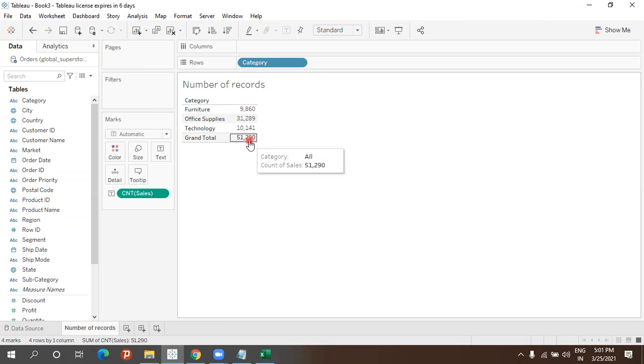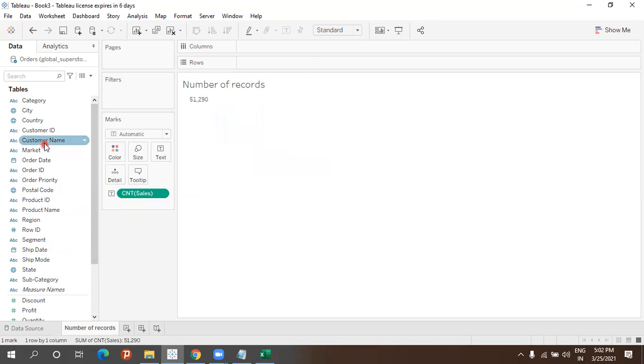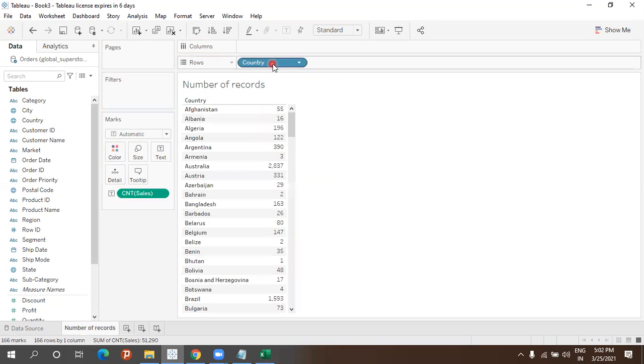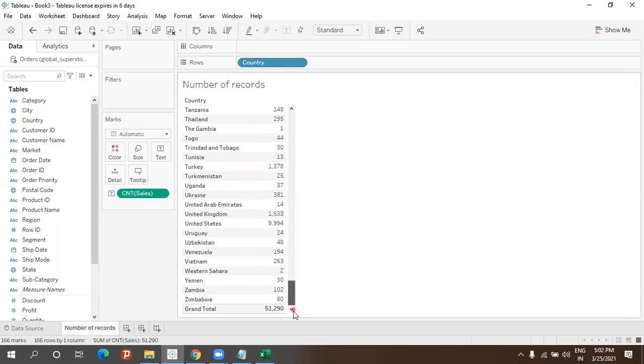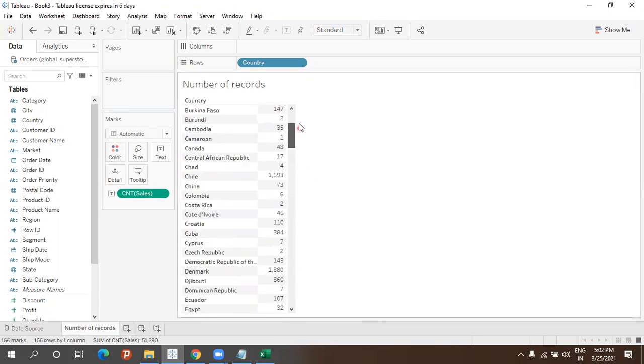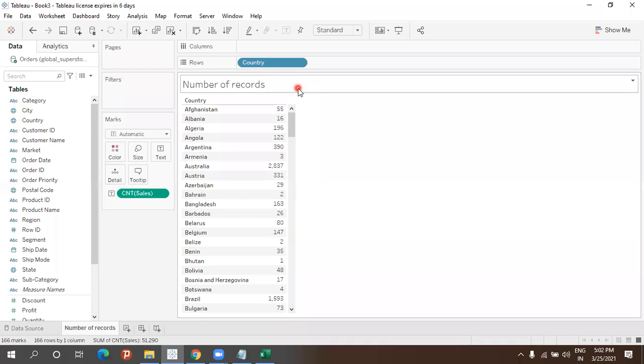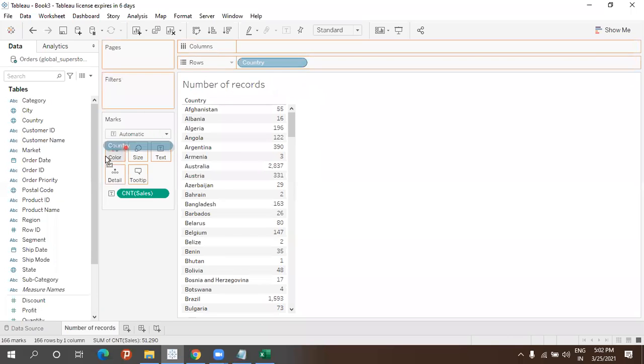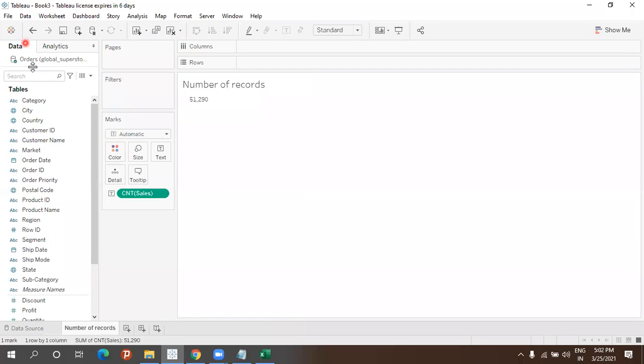The same thing we can try with a different field also. For example, let me drag and drop this out and take market. Why do I always take market or category? Because those lists are very small. If I take country and all, what happens? See, this much I have to drag and see. Finally, I'm getting this much. These are too lengthy, which cannot be shown on the screen. That's why I'm taking the lesser ones from this place.